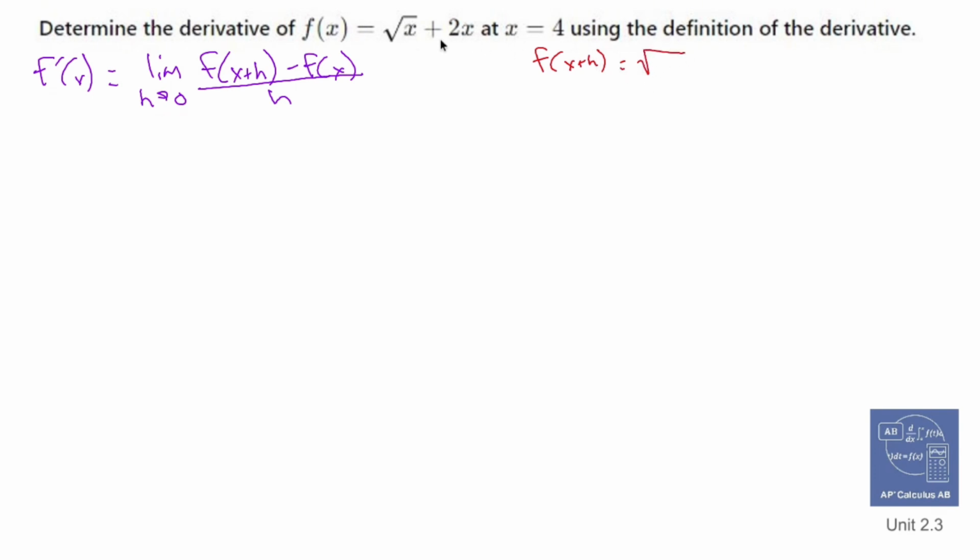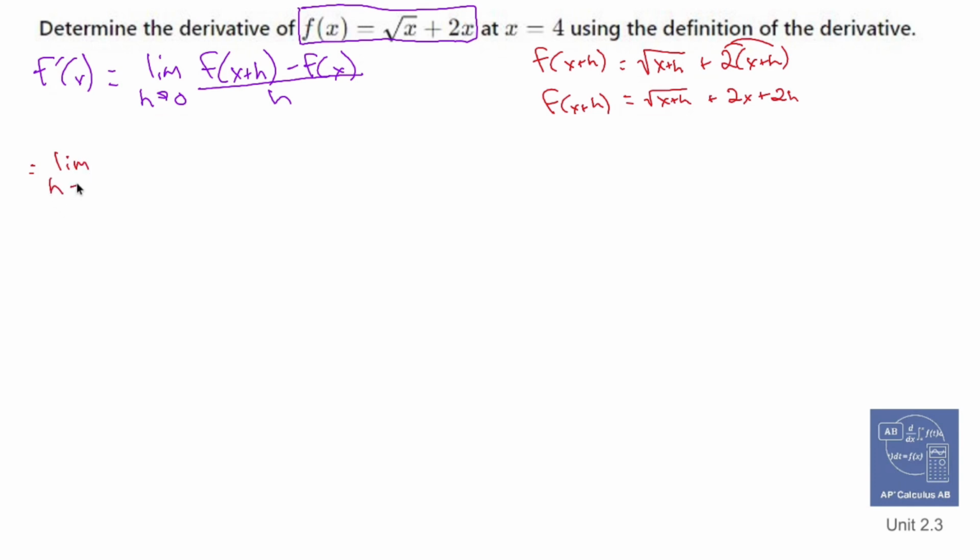So you become the square root of x plus h, like that, plus 2 times x plus h in parentheses. And then what we can quickly do here is distribute that 2, and then we get plus 2x plus 2h, like so. All right. Once we do that, we now have enough information to plug stuff in and do a little bit of math and see what happens. We know what f of x is. We just found f of x plus h. It's there in red. So let's take the limit